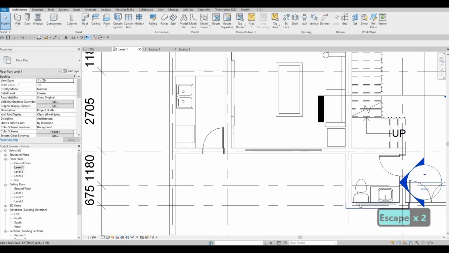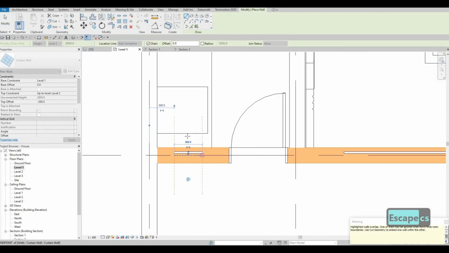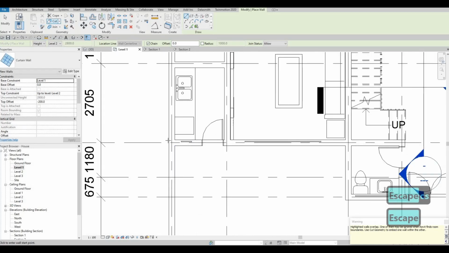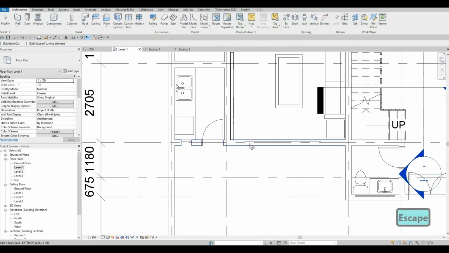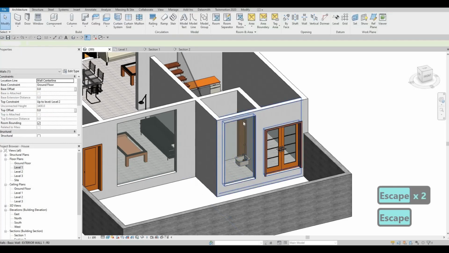And then I'm probably going to add here as well. So why not? Click on cut geometry, all first, and then curtain wall. And I just want to add,